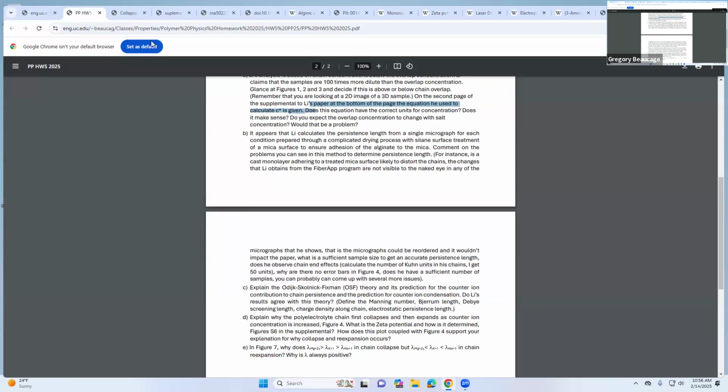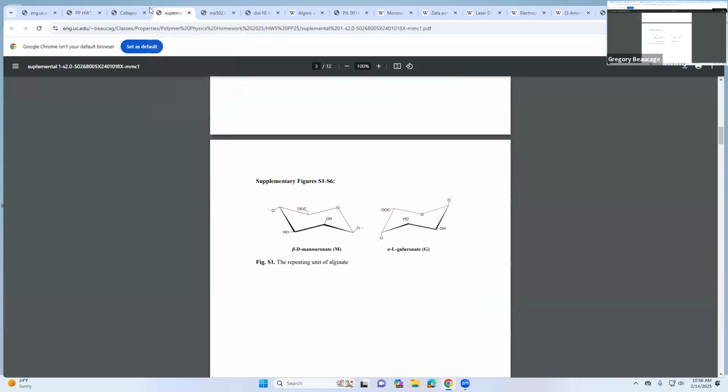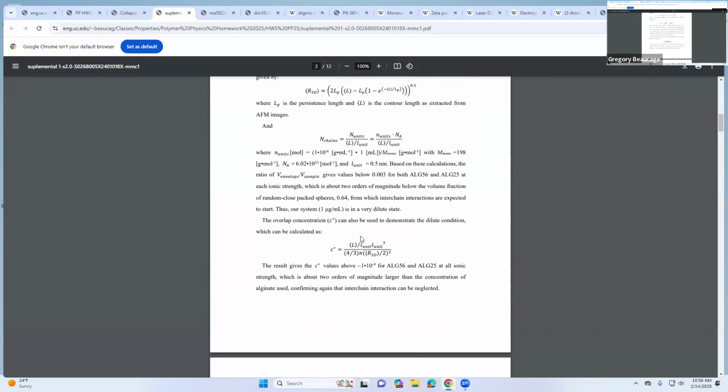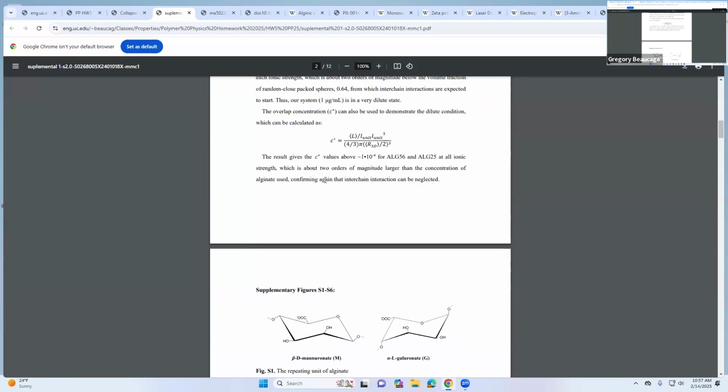Then he gives this equation in the supplemental to calculate C star that's got some problems. It should be the mass divided by the volume, right? So he's got kind of a volume here, R3D by 2. I don't remember what R3D is. That's a volume, but this isn't really a mass, right? I guess L by L unit could be a number times L unit cubed. So this C star is a unitless number, 1 times 10 to the minus 4. I don't see exactly how he gets that, and then he says, using that number, it's 100 times more dilute, this